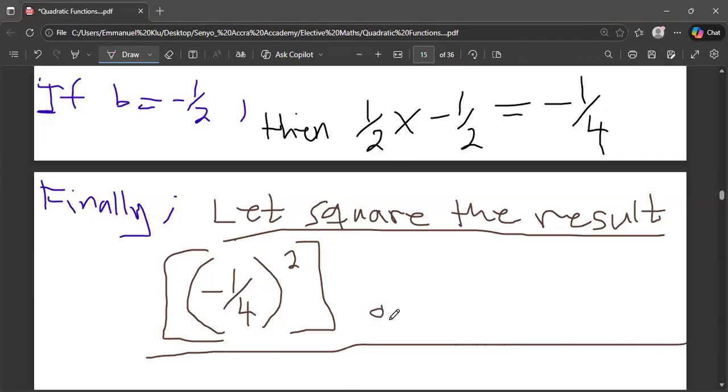And what? Add and what? Subtract. So I'm just going to write it in short. And add and